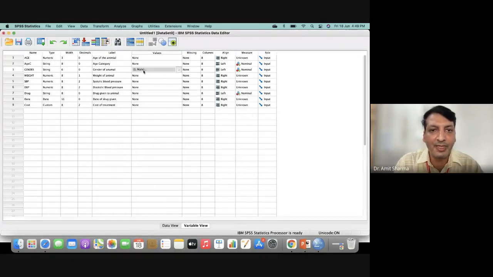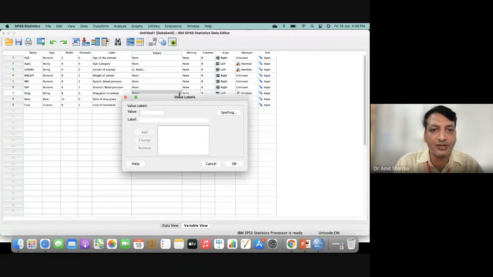Just click OK. So you can see that I have given the code, and the same way you can give the codes of the drugs also. 1 is your calcium channel blocker. Here, 2 means you have a drug called beta blocker. You can write the full name; I'm just writing a short name. 3 is, for example, diuretics. 4 means your alpha blocker.